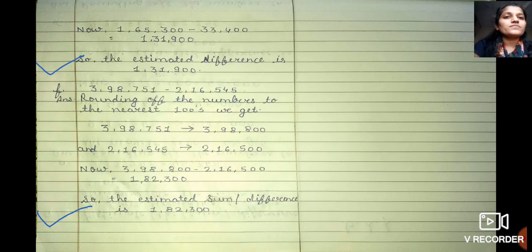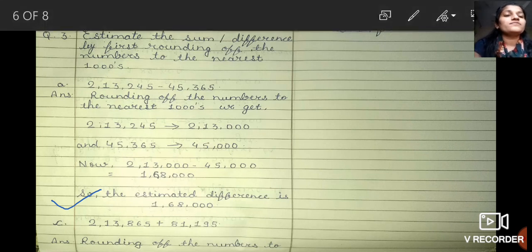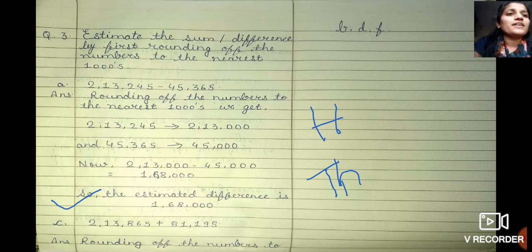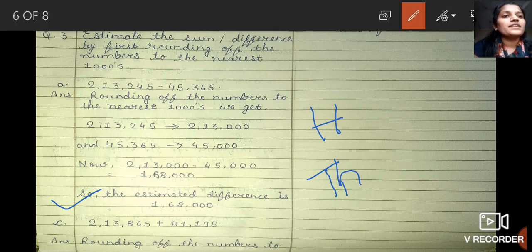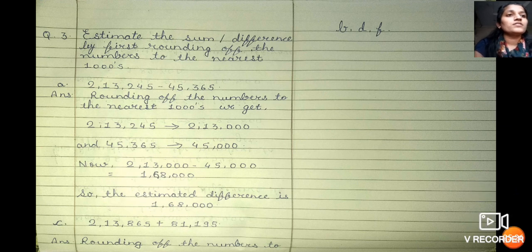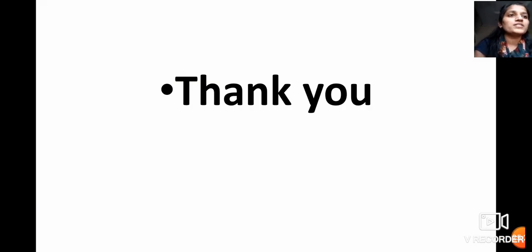Okay. Now when we round off the numbers to the thousand, we have to refer the hundreds place. Okay. And if the 100 place is more than 5, then we are going to add 1 in thousands place. Okay. And if 100 place is not more than 5, if it is less than 5, then hundreds, tens and 1 will become 0. Okay. So this was all about the rounding off concept. I hope you all have understood today's concept.